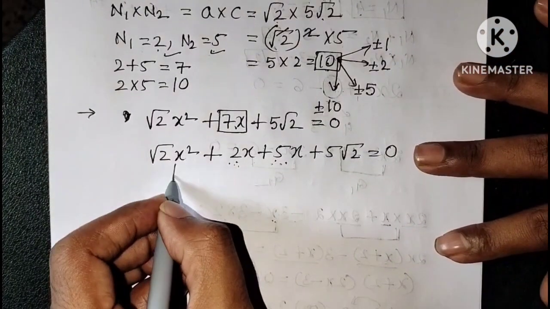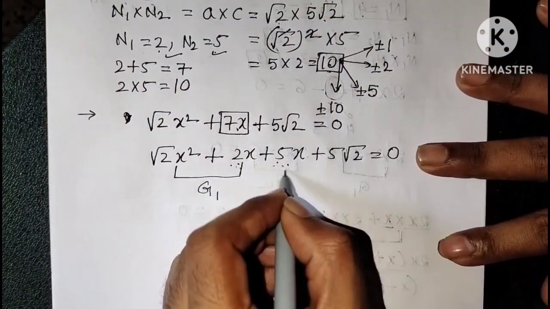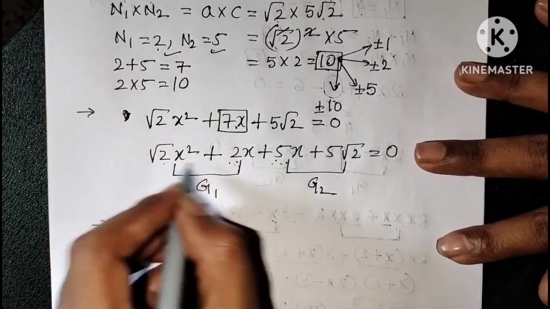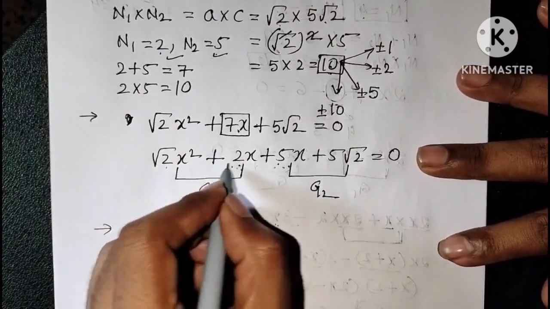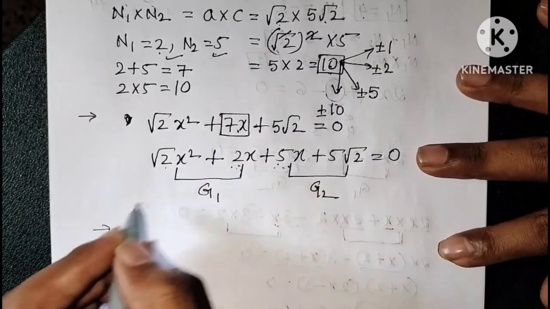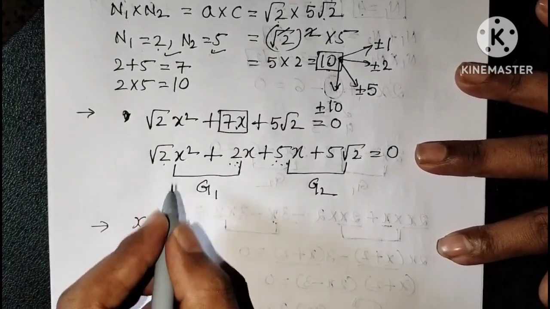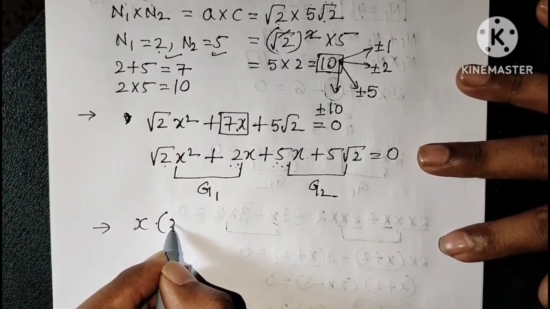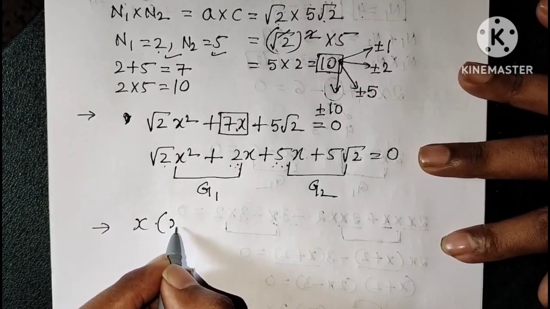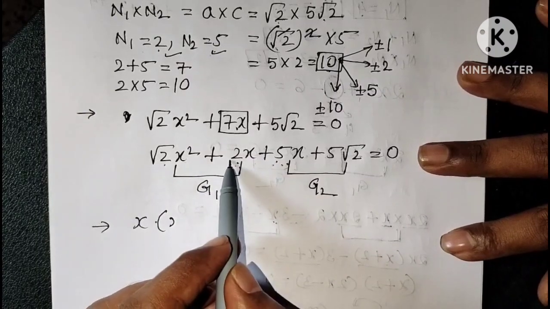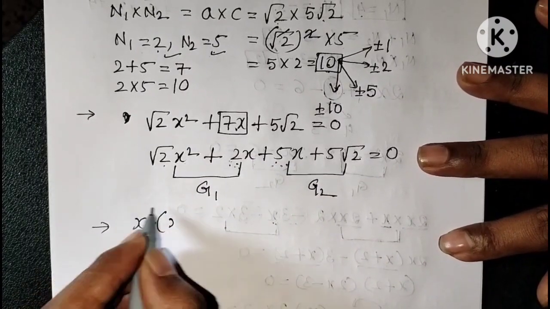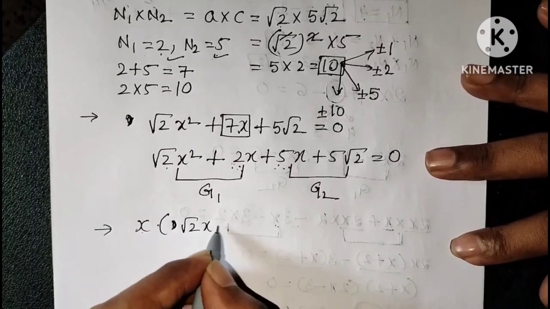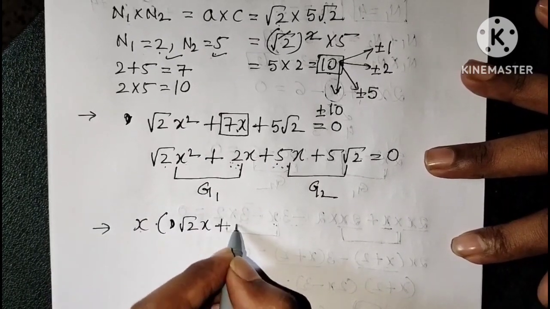Now let us make two groups, group 1 and group 2. Two groups cheyali. In group 1 what is the common factor? X is the common factor. So take out x. సో ఎక్స్ కామన్ తీస్తే ఇక్కడ ఏముంటుంది మనకి ఇంకా? సో యాక్చువల్లీ వీ కెన్ టేక్ హియర్ రూట్ ఎక్స్ కామన్. సో రూట్ 2 ఫస్ట్ ఆఫ్ ఆల్ టేక్ ఎక్స్ కామన్. రూట్ 2x ప్లస్